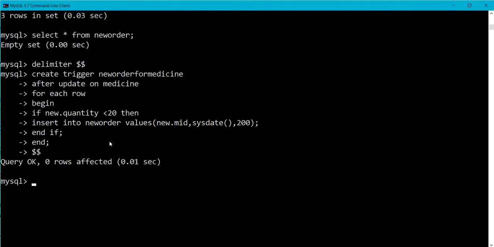Now whenever I write an update statement to modify the quantity of medicine, this trigger will be executed automatically. Before executing the update statement, let me show you whether there is any value present in new order.